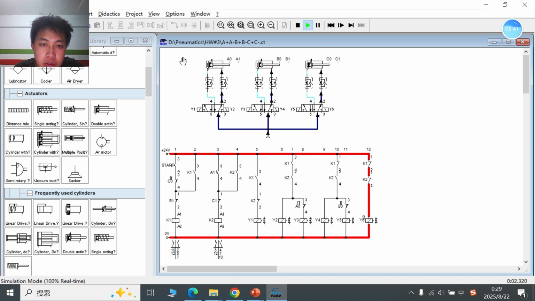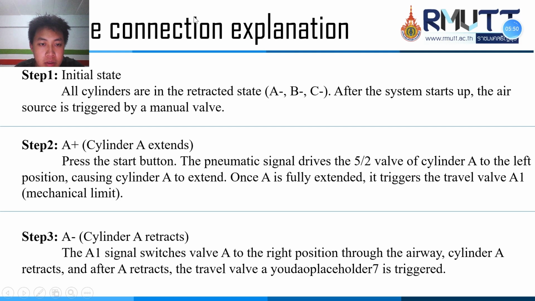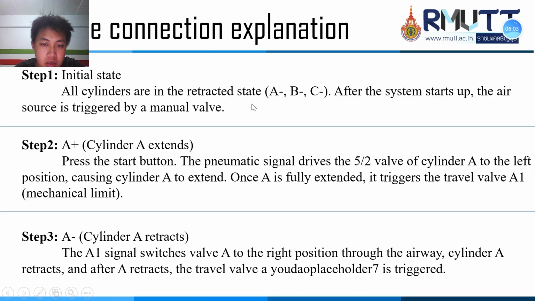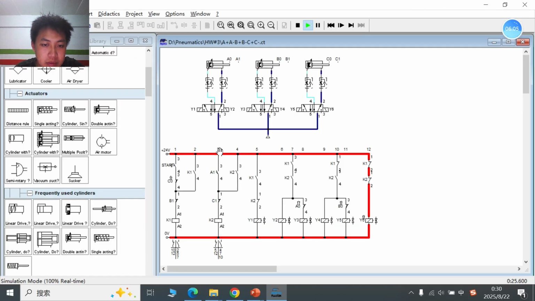Okay, so in the first step, you can see the three cylinders are in the retracted state, A minus, B minus, and C minus. If I touch the start switch, you can see the